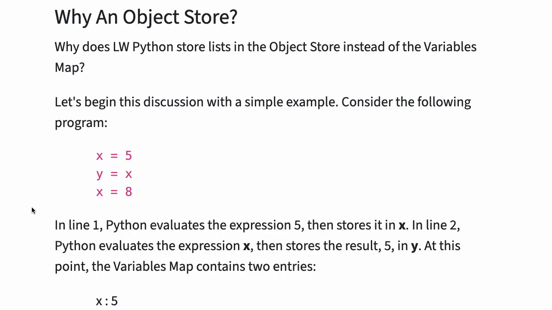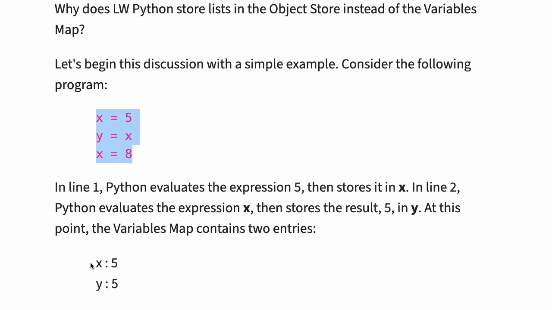Why does LWPython store lists in the object store instead of the variables map? Let's begin this discussion with a simple example. Consider this program. In line 1, Python evaluates the expression 5, then stores it in x. In line 2, Python evaluates the expression x, then stores the result 5 in y. At this point, the variables map contains two entries, x5 and y5. Finally, in line 3, Python stores 8 in x. At the end of the program, the variables map is